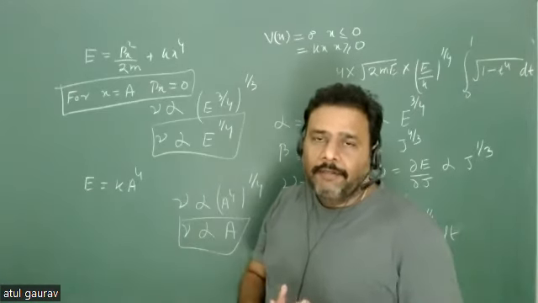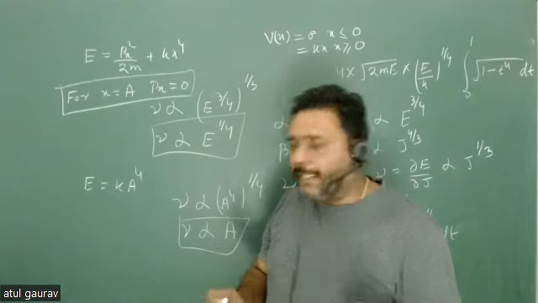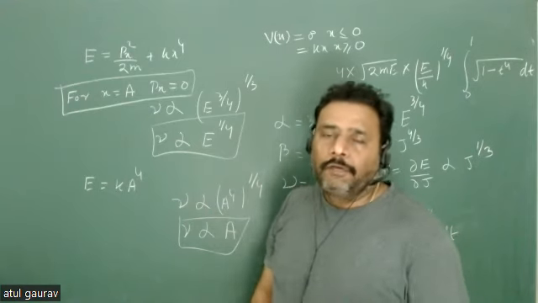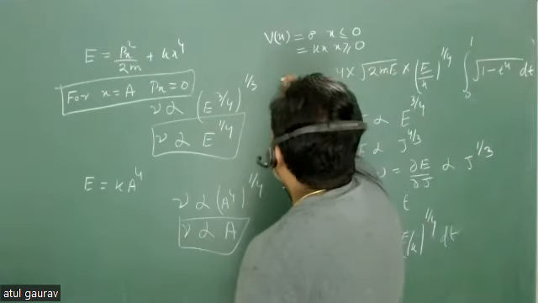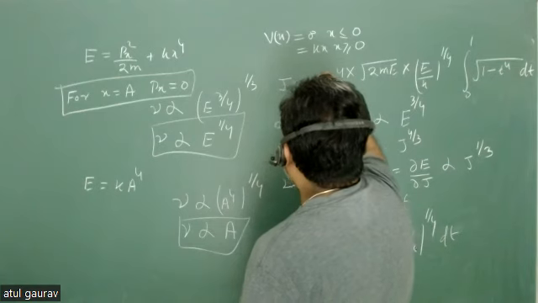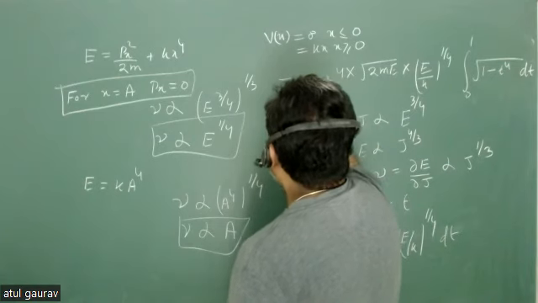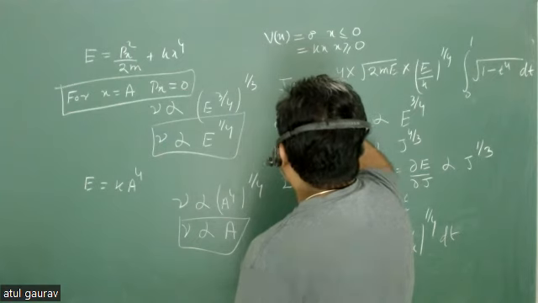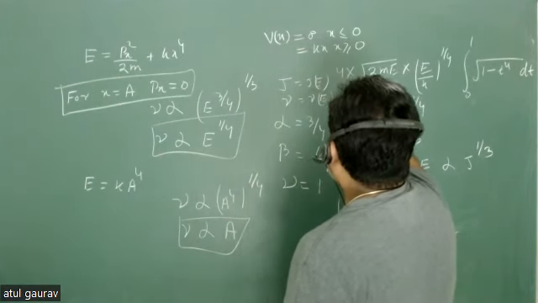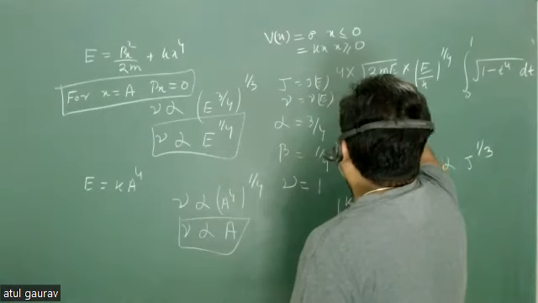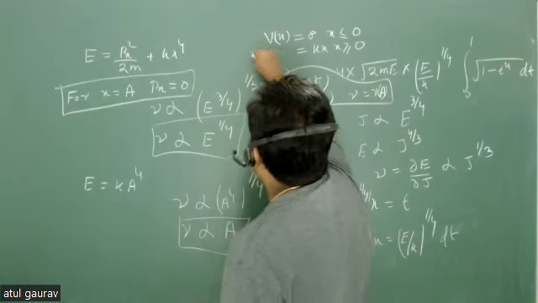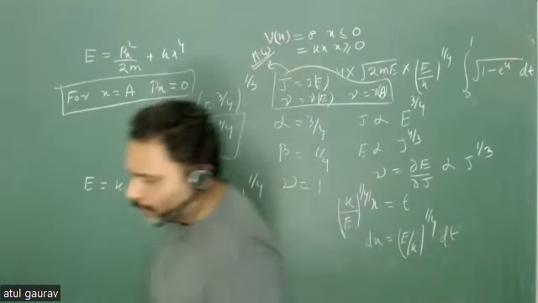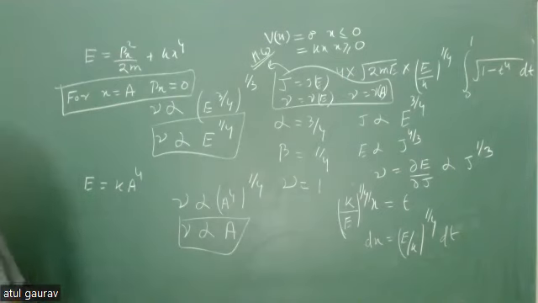Find the value of j, find the value of frequency, and if a is amplitude, how frequency is function of amplitude. निकल जाएगा। j as a function of e निकालना है आपको, फ्रीक्वेंसी as a function of e निकालना है, और फ्रीक्वेंसी as a function of amplitude निकालना है। ओके, सो दिस इज योर होमवर्क, फटाफट करके भेजो। ठीक है, देखते हैं क्या गलती की हो।